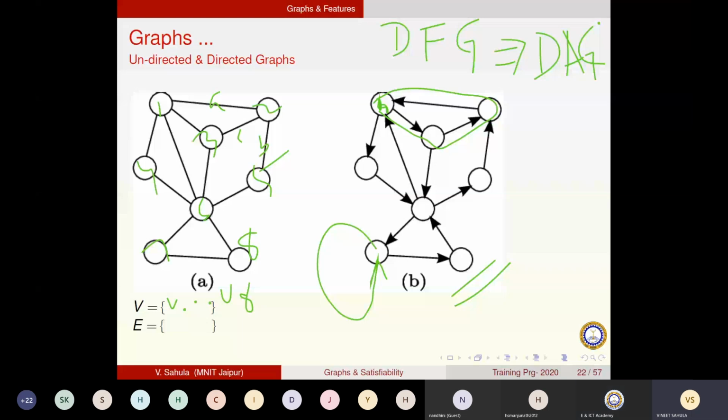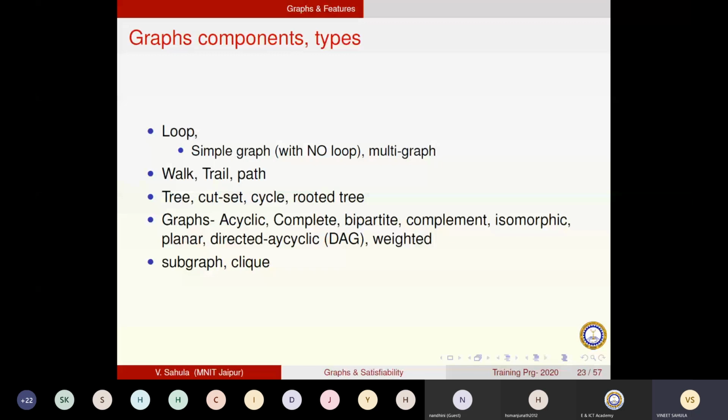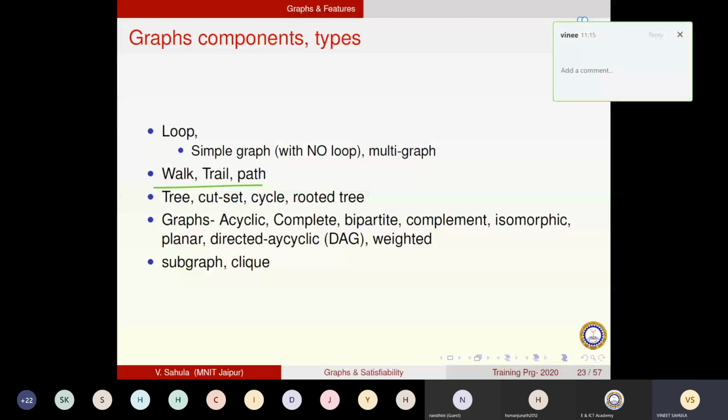If there is a path from one vertex to other vertices, and we can come back to the same vertex, it is called a cycle. This is called a loop. And if you want to have more of them, walk, trail, and path. A walk is if you go through the vertices, come back to the vertex and again traverse it. A trail is where I do not repeat any edge. So this is not a trail. And a path is very pure: no vertex, no edges repeated from the input side to the output side.